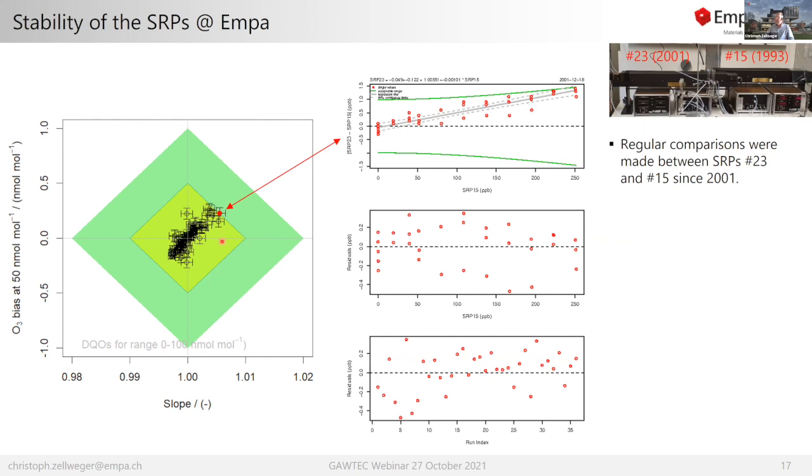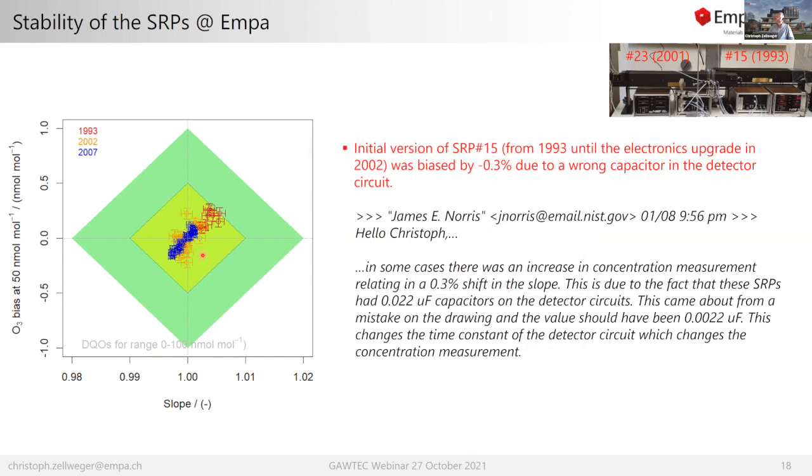And when you look at all the comparisons, you see that this SRP is very stable over time. But of course, it also changed a little bit sometimes, because in the beginning it was different. We also found out why. It was some mistake in one of the electronic boards with a wrong capacitor. So here we had clearly a bias. But since 2002, it's more or less stable, and it further improved in 2007,